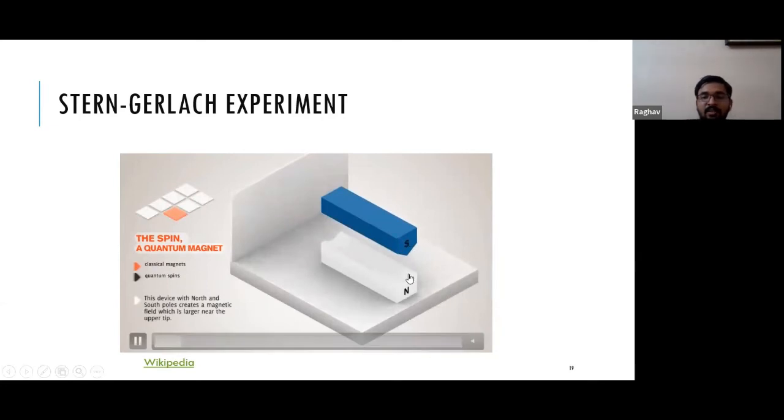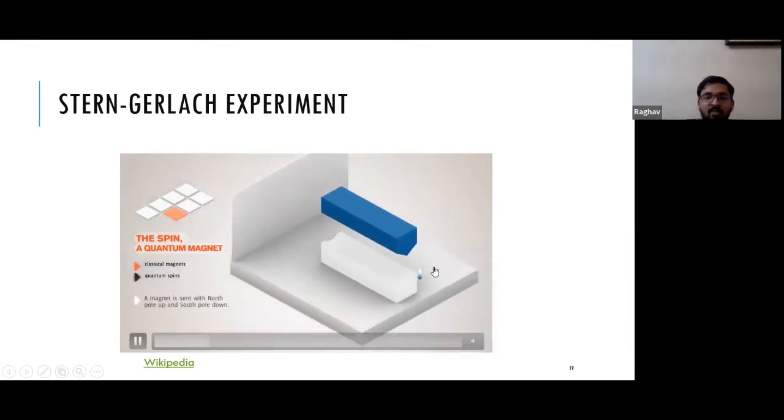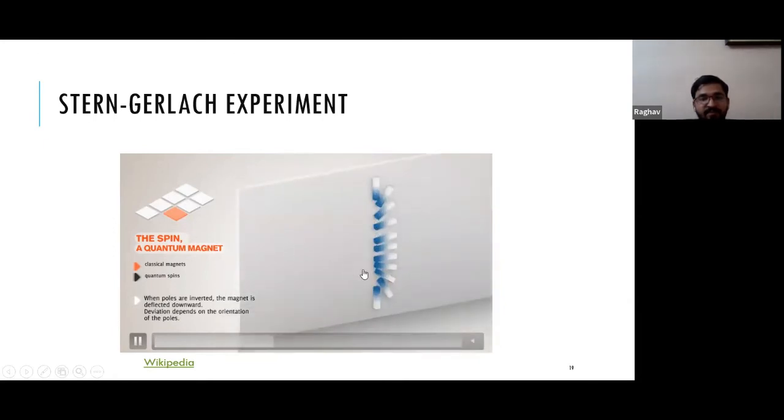See, these are two general magnets. So when we throw a magnet with the north pole upside, what will happen? Opposite poles attract each other, so it goes upward. But if we throw it horizontally, there will be no change. It will go as it is. Likewise, we get such a pattern.